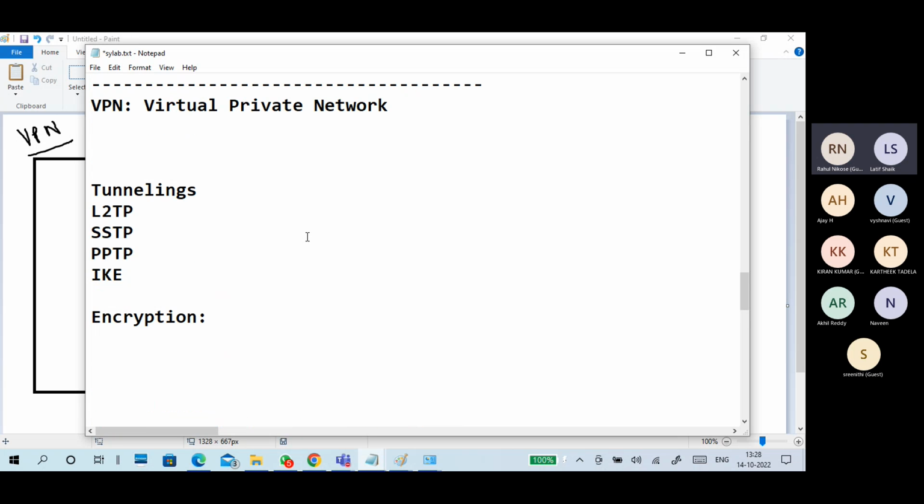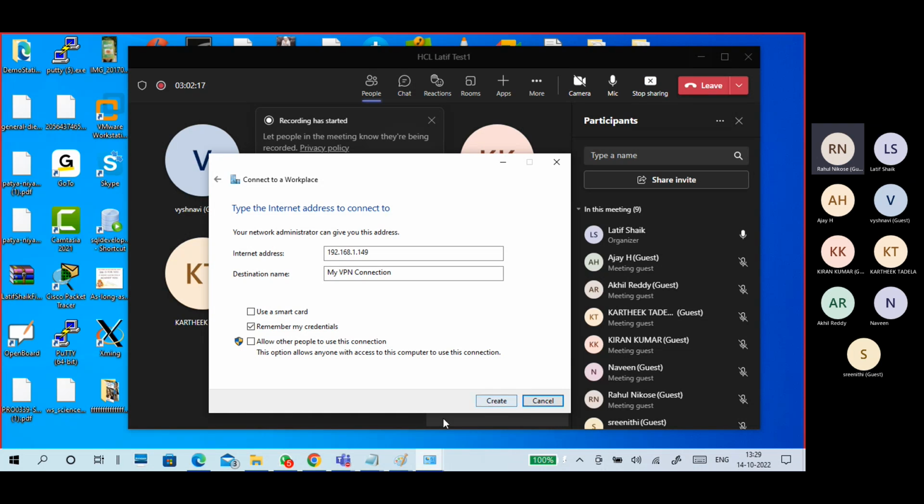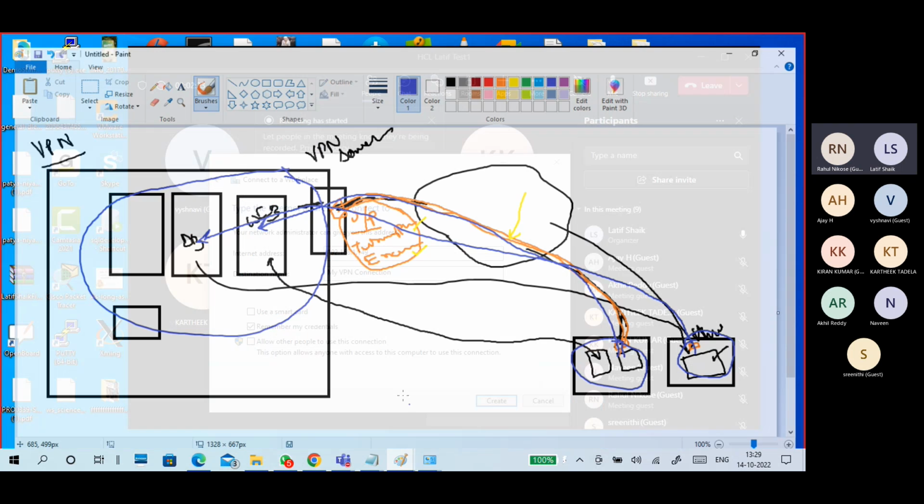Why VPN? A VPN is to make a connection between your corporate network and your home office or home network over the internet. What is a VPN, guys? Virtual Private Network. Using a VPN, we can access or connect to our infrastructure over the internet. We can establish the connection using tunneling protocols and encryption methods. I don't know if you are able to listen. Recording is running.